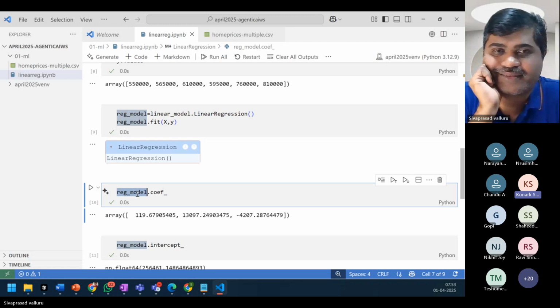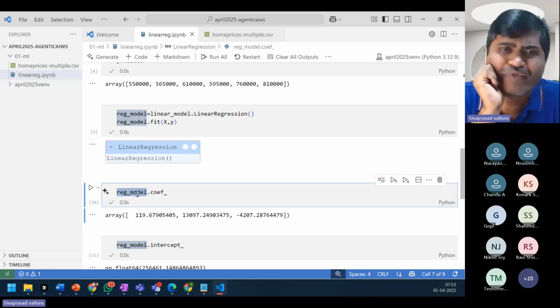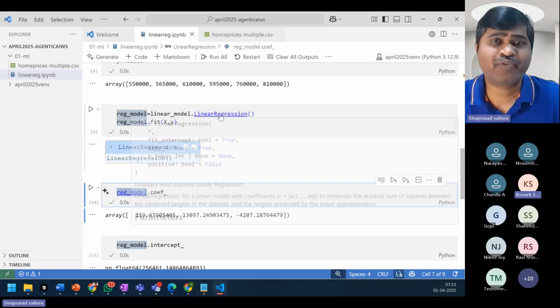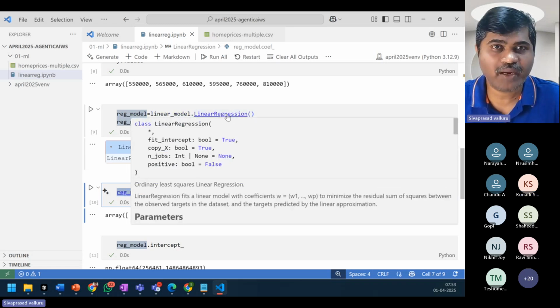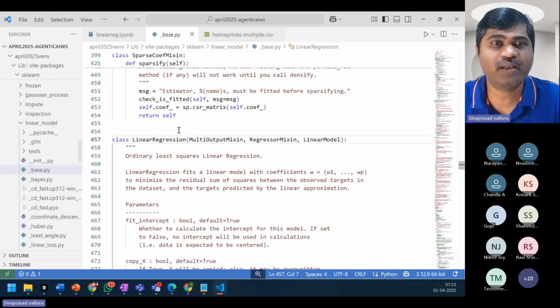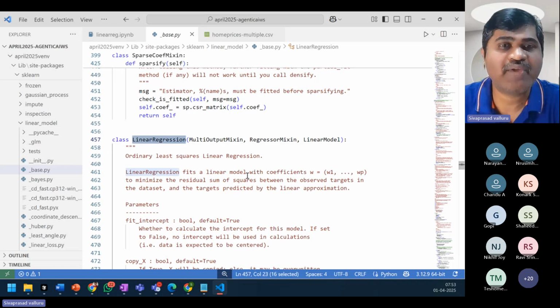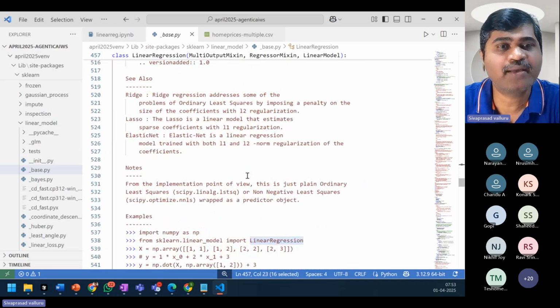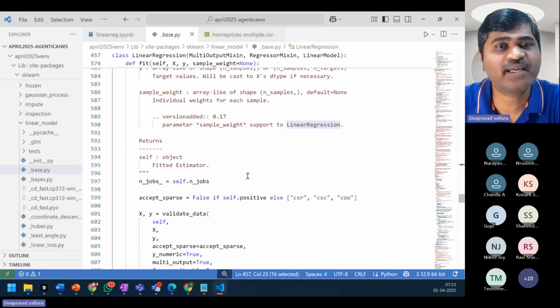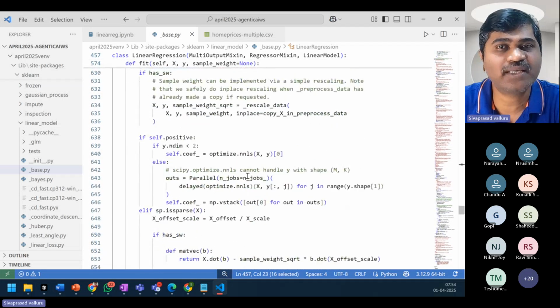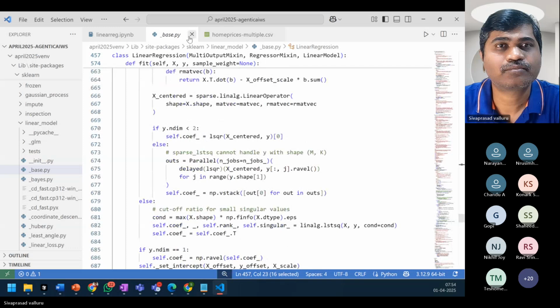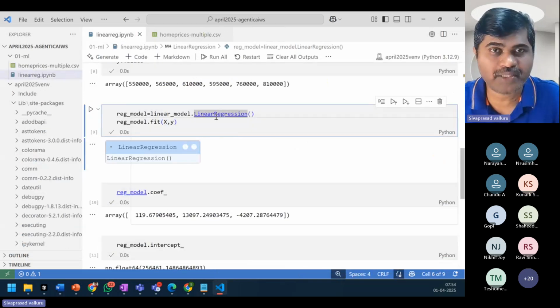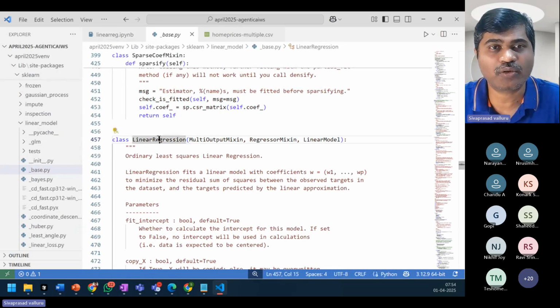Can we debug this model? If it is a .py file of some logic, I can click on it and see the logic. Of course. In a similar way, if I press control and click on it, it will take me to the .py file. This is the class, the linear regression class. If you want to see the logic, whatever is there, you can just go and see it. You can see what is there inside fit. Press control and click on it, and it will show you the code.